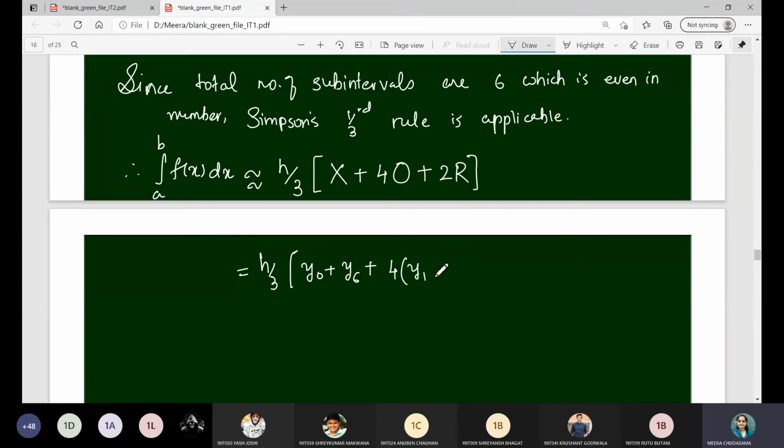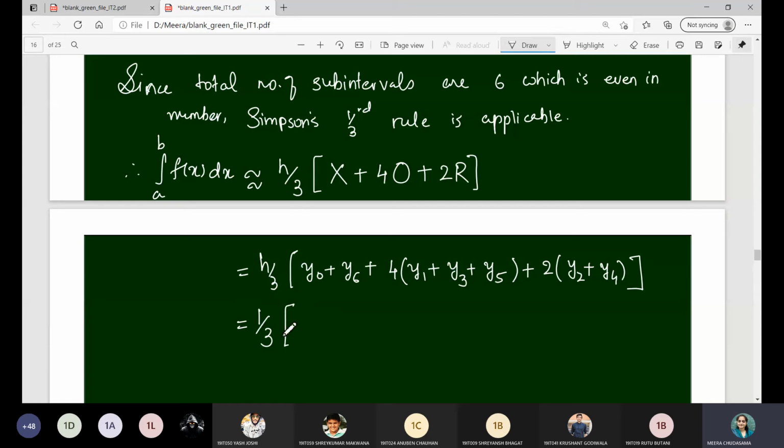तो नेक्स्ट क्वांटिटी पहले से y1 से स्टार्ट करेंगे, फिर y3 आएगा, odd suffixes में y5 भी आ जाएगा, right? एंड रिमेनिंग मीन्स y0 आ गया, y1 आ गया तो y2 नहीं आया है, प्लस y3 आ गया, y4 नहीं आया है, then y5 and y6 is the last point. So here we have to end our formula. So let us substitute one by one value.